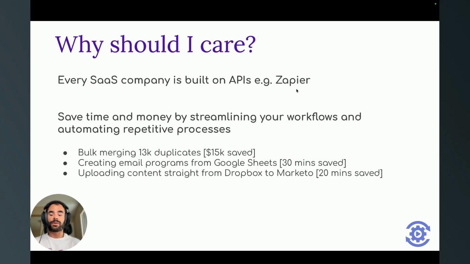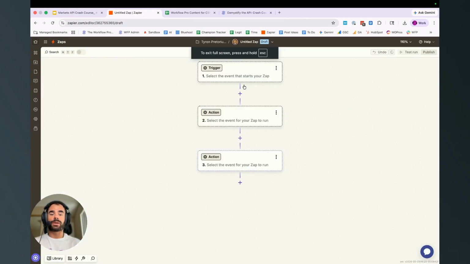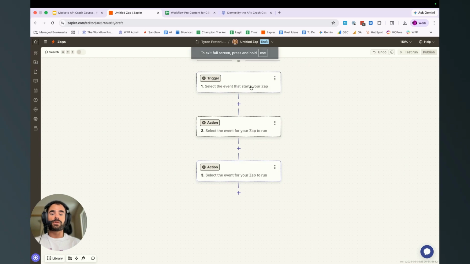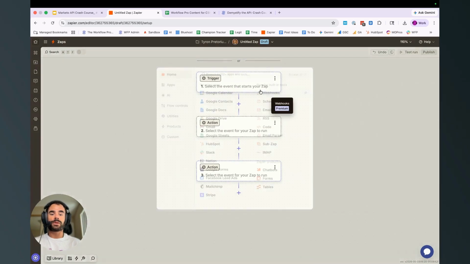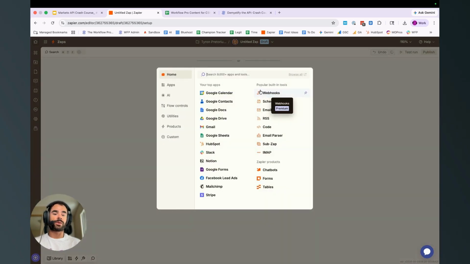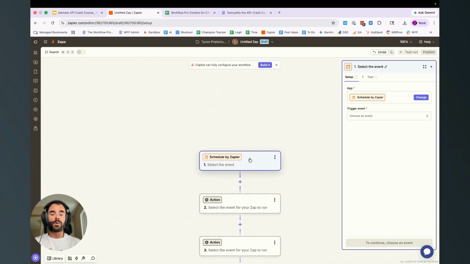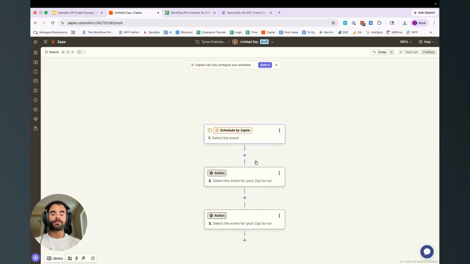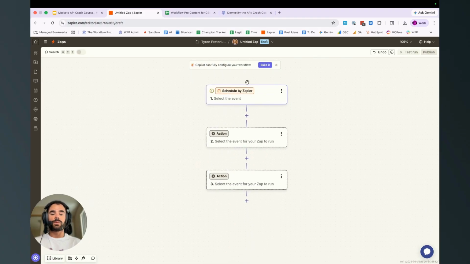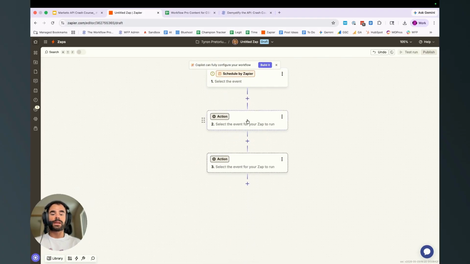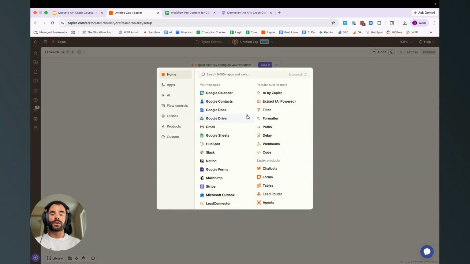A great example of this is the Zapier automation platform. Zapier allows you to build automated workflows that get started from a trigger event, whether that's a scheduled event or a triggered event like an incoming webhook. Once your workflow is triggered, you then get to carry out a series of actions from all these third-party platforms.